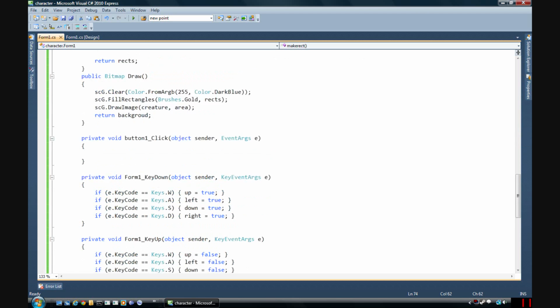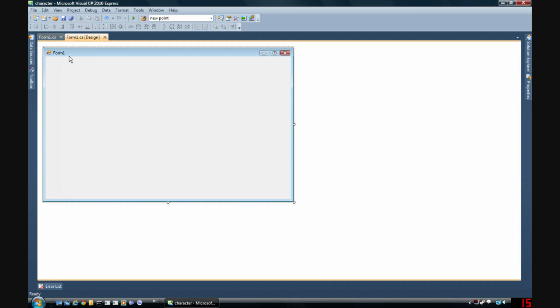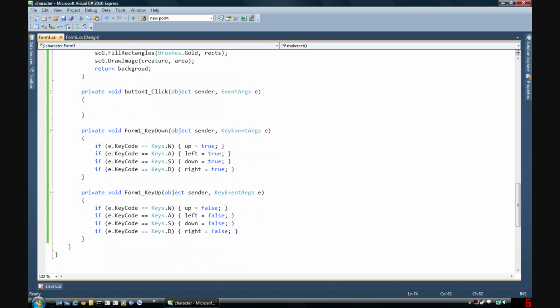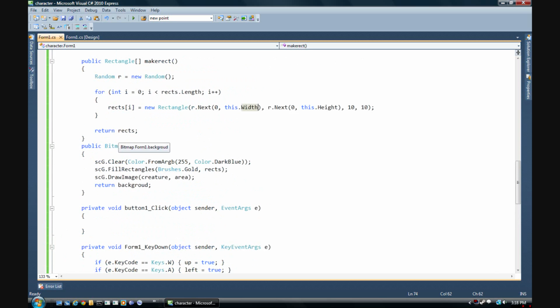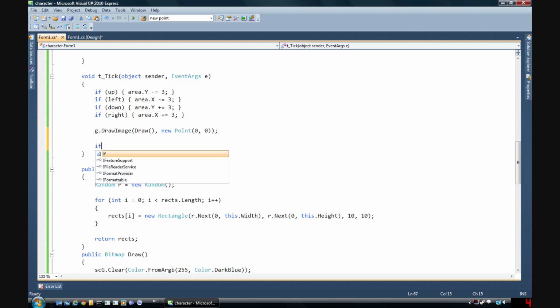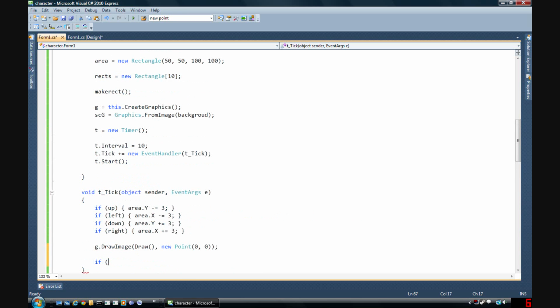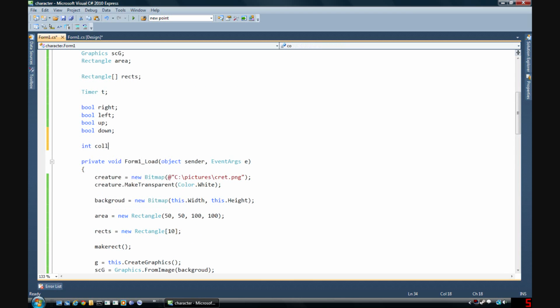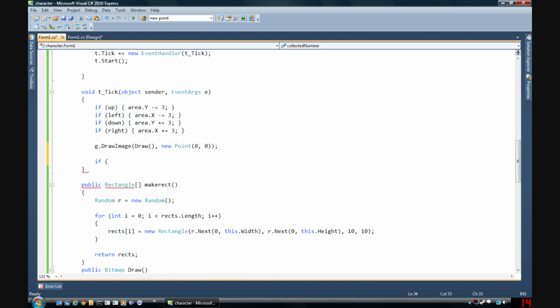So the next part is when he moves around. When the little guy moves around, we want him to pick these things up. And so basically what we're going to do then is, okay, where he moves, here we go. We're going to check in this timer if, and we'll actually have to add a counting thing here, so int collected number is equal to 0 right now, and then if,